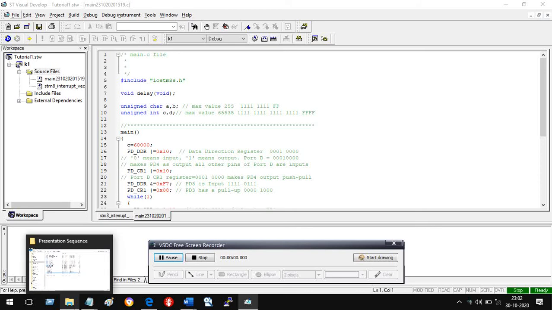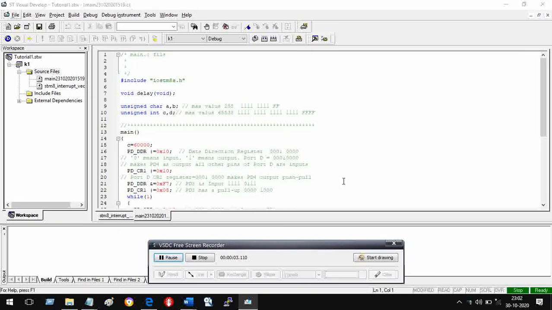Hello friends, in the previous lecture we have seen how to handle IOs, the basic functions, that is input and output. We have seen the configuration, we have seen inputting, we have seen outputting, right? For configuration we have used the data direction register and control register 1.